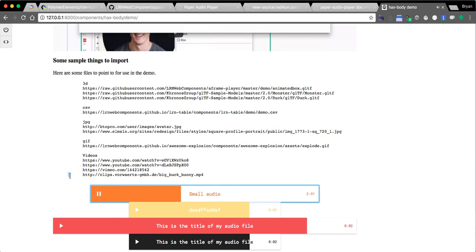Pretty ridiculous. Still, the keyboard very, very cool. So I'm going to push this code up, and now I just built an audio player that